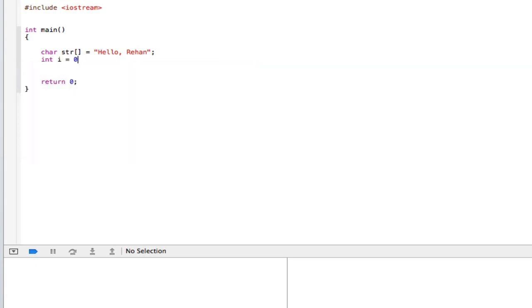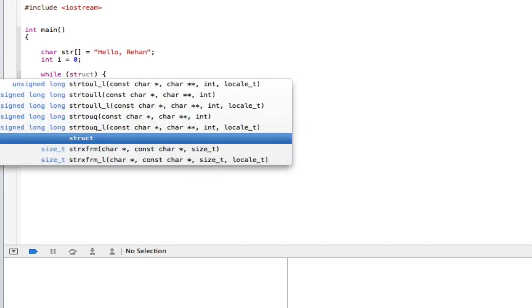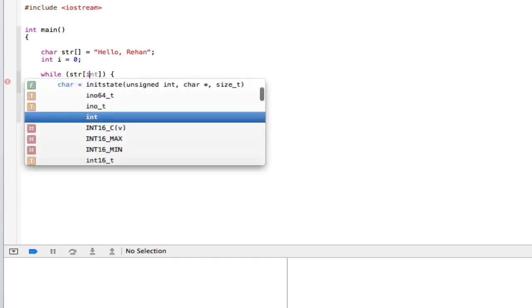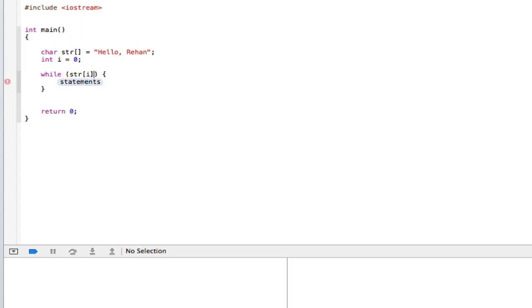And then int i, make that equal to 0. We don't know its value at the minute. And then get into the while statement. str[i] is not equal to '\0', and then the statement you can use std::